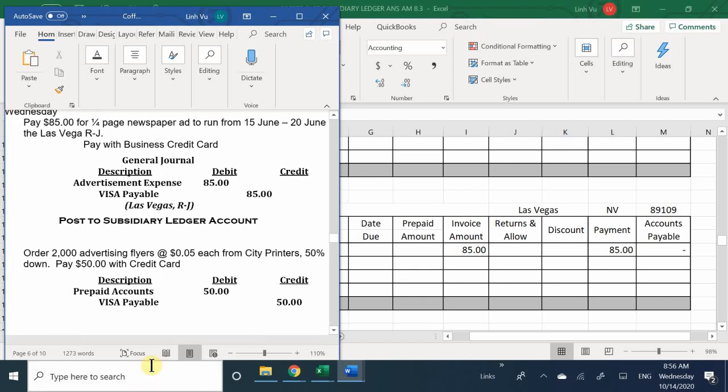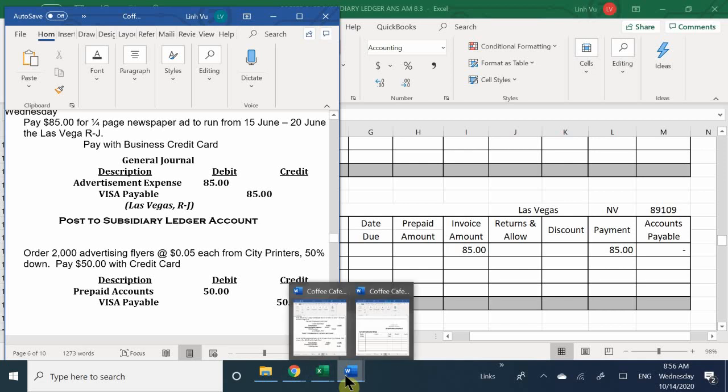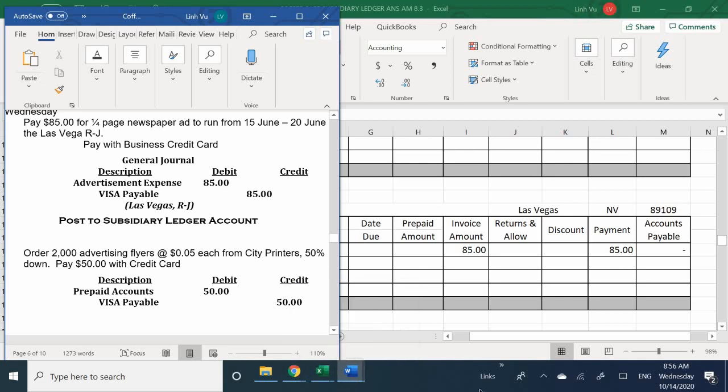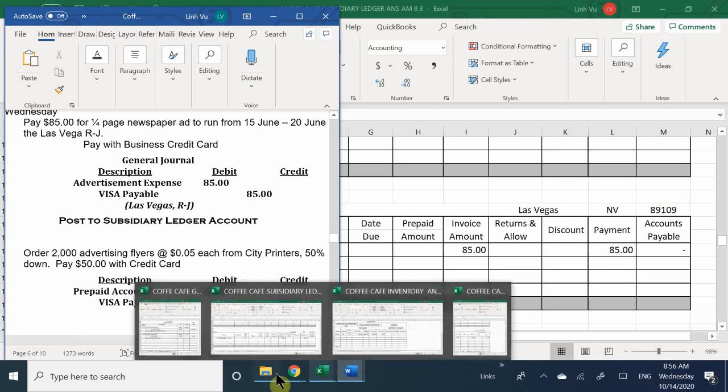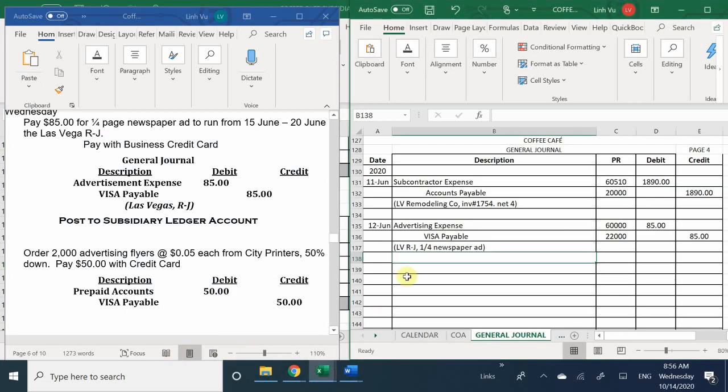So again, we bought more advertising. We're purchasing flyers, and it's going to cost us 5 cents for each flyer. We ordered a total of 2,000 flyers. In this case, this place requires a 50% down payment, so we decided to pay that 50% down payment